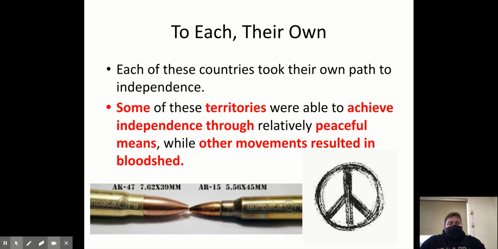So like we said, there's going to be different strategies that are used by different colonies. Some will use nonviolent means to achieve their independence. Others will use extreme forms of violence in some instances to achieve their goals. So it really runs the gamut. This unit and the next unit is genocide. We're going to talk about, and this bleeds into the next unit also, because when the Europeans leave